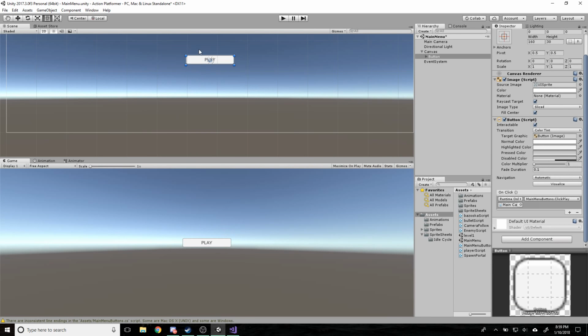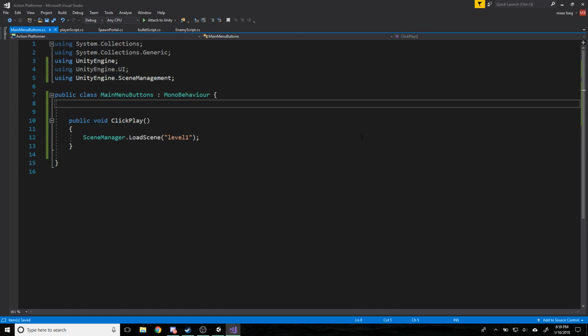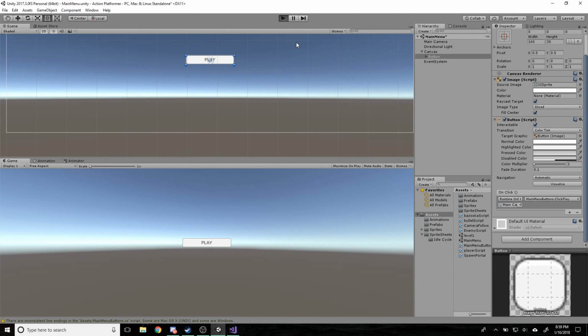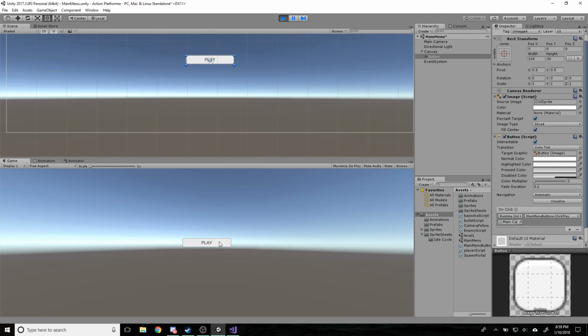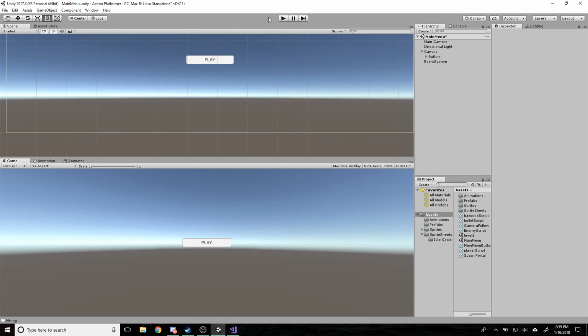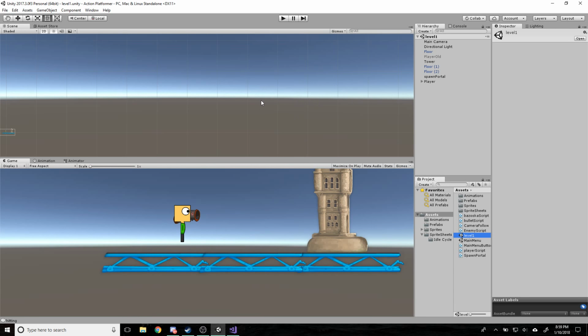So now when you click on this button, it will call this function, because as you can see there's nothing calling this function right now, but when we click it, it will call it. So let's see, press play, and it should call the next. Come down here and press play, and well, there we go, right? So now let's go over to level 1, save the scene, and let's create a